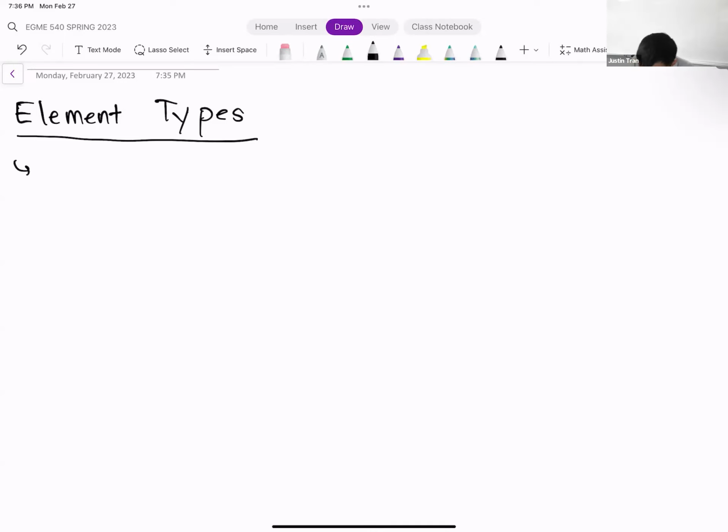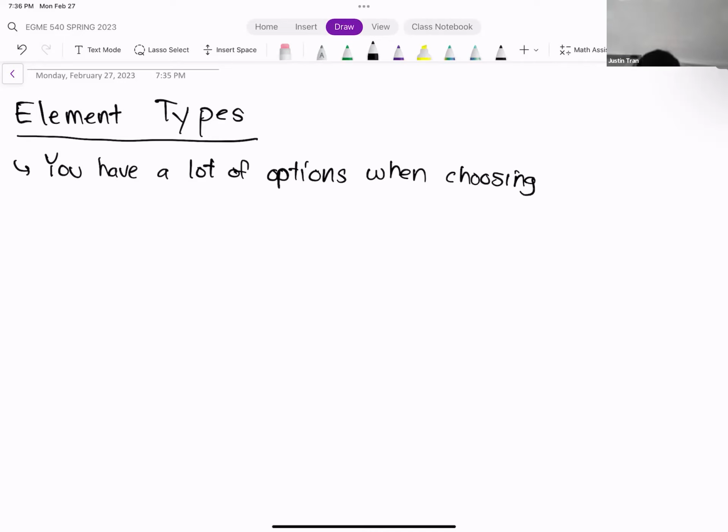So let me start by saying that you have a lot of options when you're choosing the element types or element shapes. And so far, what we've talked about is purely the geometry of the decision, right?